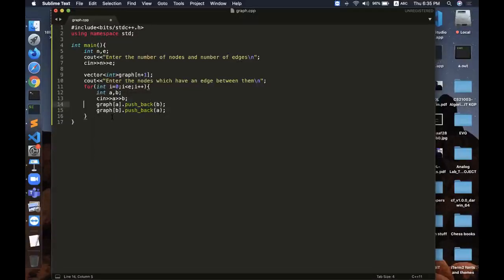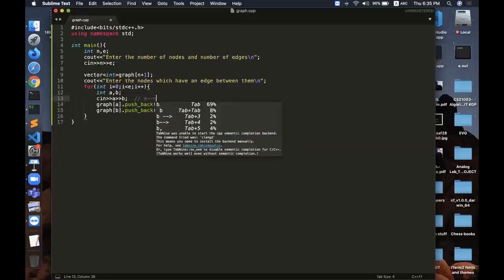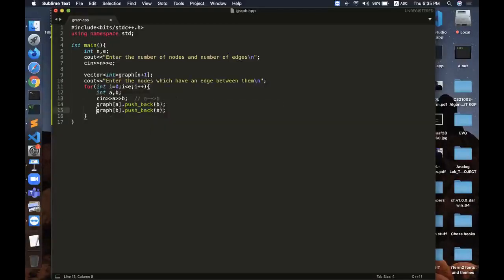Now what does this mean? This means that my graph is bidirectional. I'm not pushing b into only a's list, but I'm also pushing a into the adjacency list of b. So basically, I'm assuming that my graph is bidirectional. But if your graph is directional, if there is an edge from a to b, then in that case you shouldn't write this line.